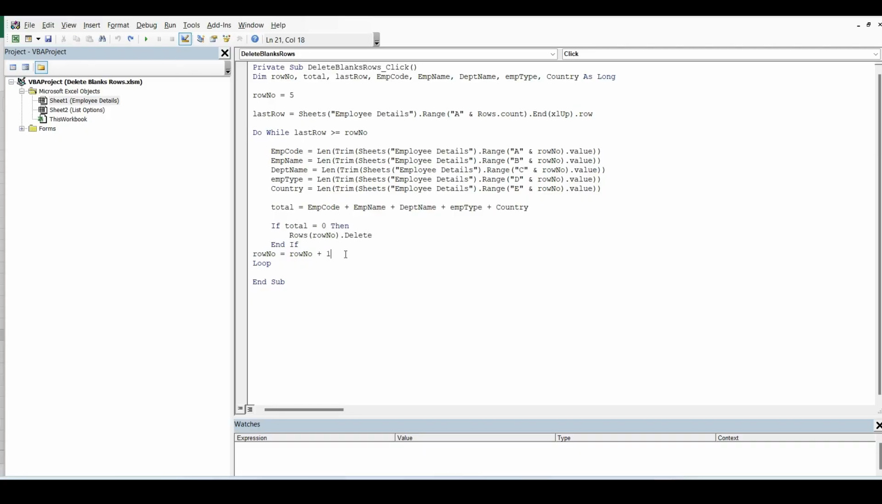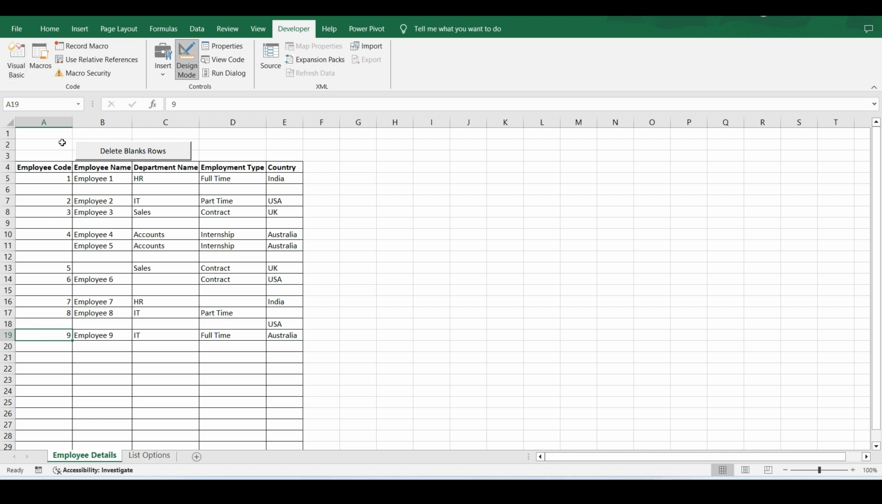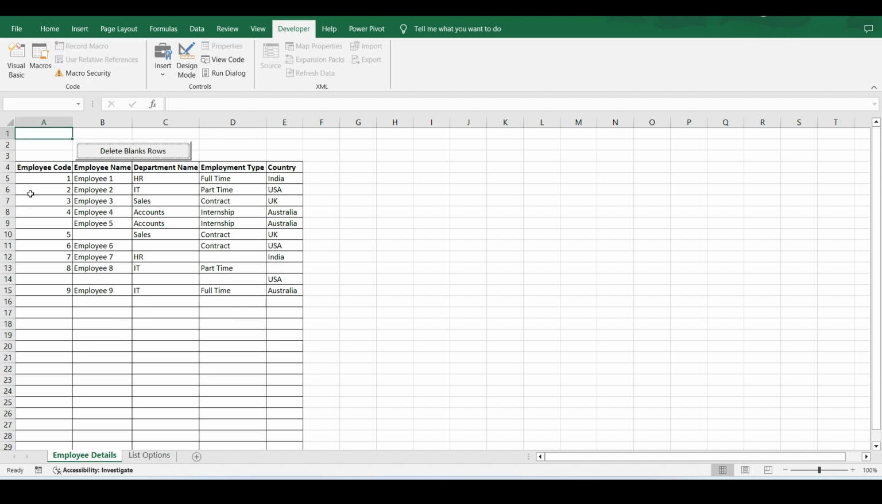Okay, fine, got it. Now let's take one run. Let me see, my designer mode is on. Let me switch off my designer mode. Okay, now the designer mode is off. Now, you can see as soon as I click on the delete row button, all the blank rows which are completely blank for all these five columns are deleted. Okay, but if you see this row is not deleted. Similarly here,